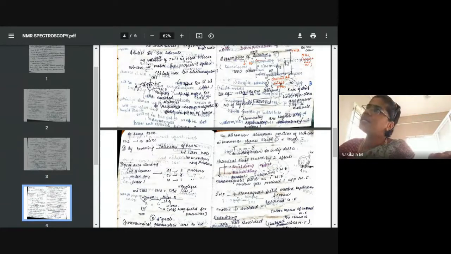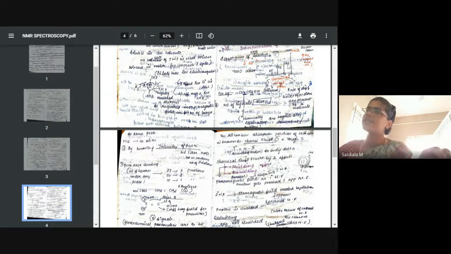So CH3 protons are shifted. You just think that here is 2 parts per million, CH2 at 4 parts per million, and OH at around 8 parts per million. Based on its magnetic field strength and resonating frequency, it will be shifting from the TMS value. Comparing with the standard, how much the absorption position has moved from the standard is known as chemical shift.